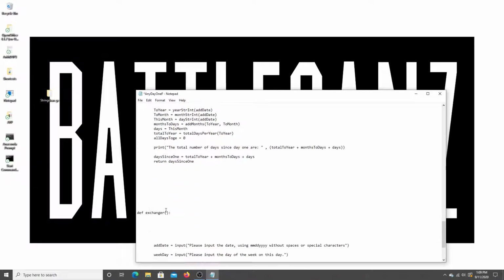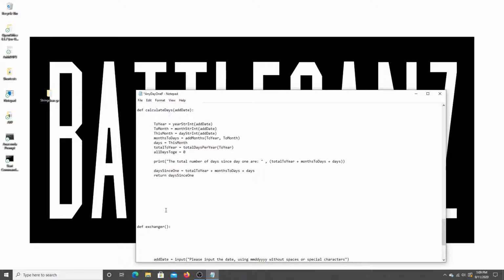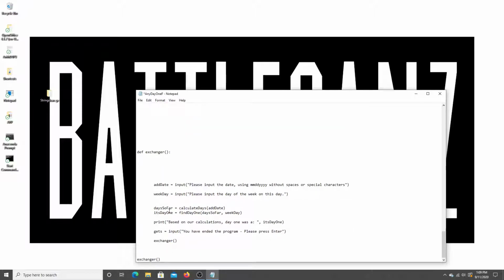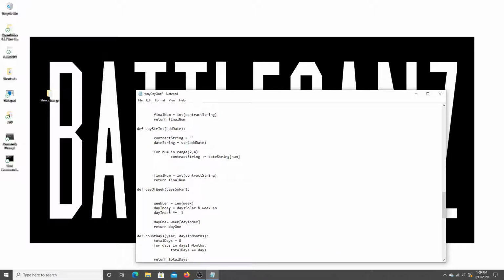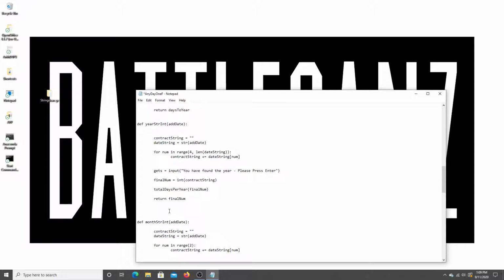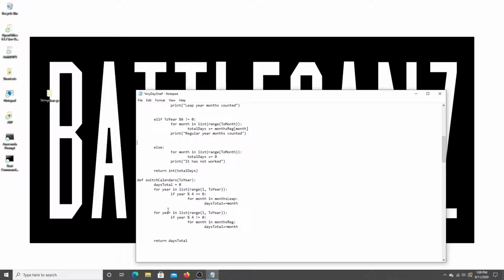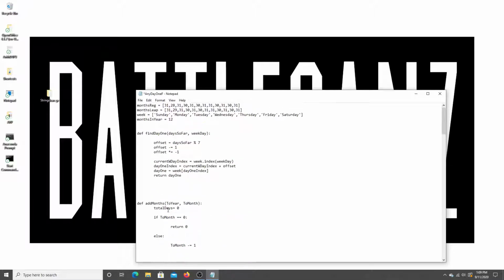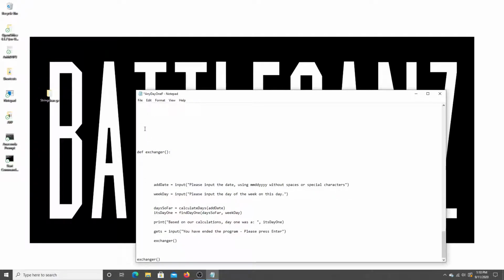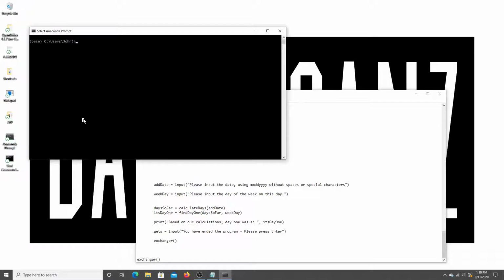And for those of you who notice that I keep programming from bottom to top, I keep putting the first function at the bottom and then moving up. The reason why I keep doing that is that when I started with Ruby, I noticed that Ruby does not load the entire file. I know this is Python, but Ruby does not load the entire file before it starts executing. So if you have